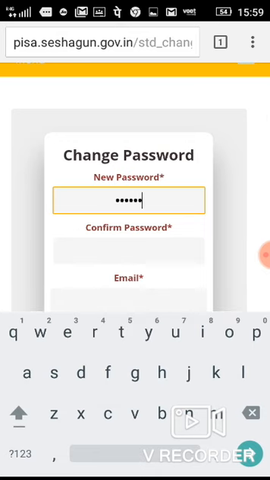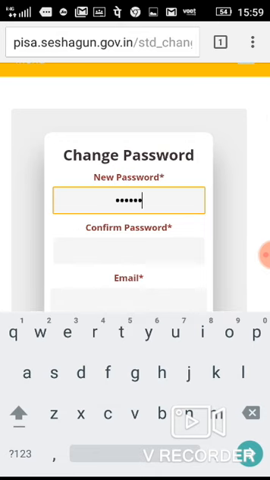Now you just check that phone number. You need to update it. Update the phone number 9712901337. Then you have to submit it.